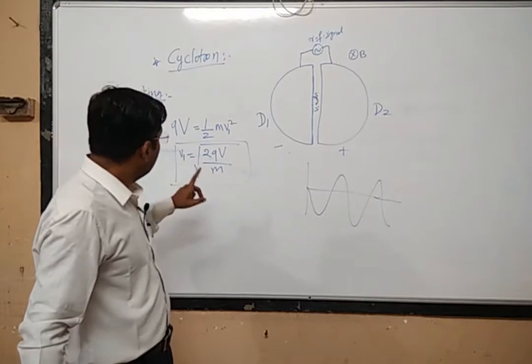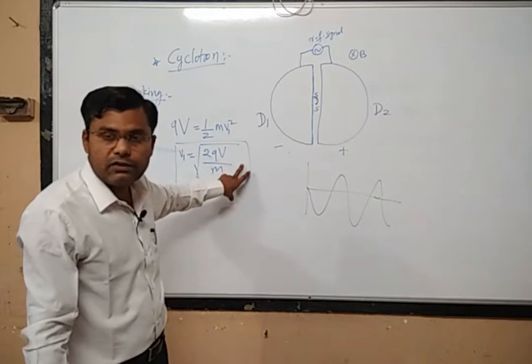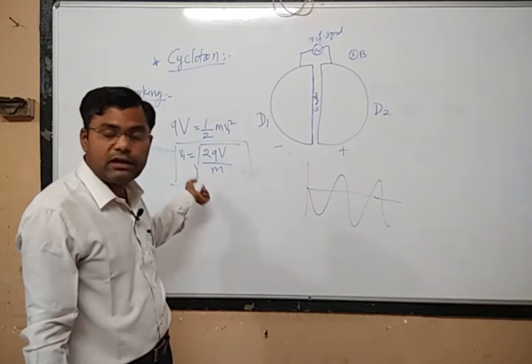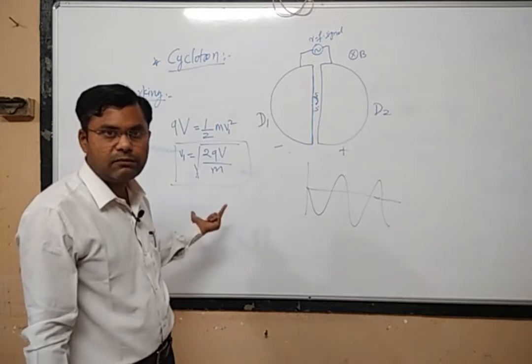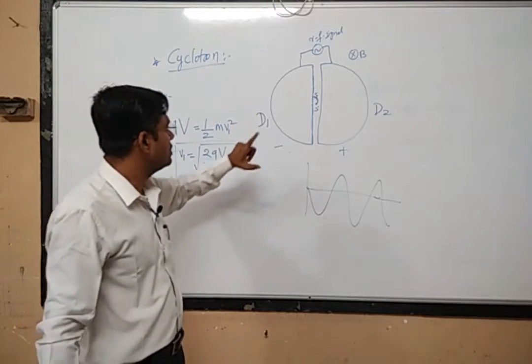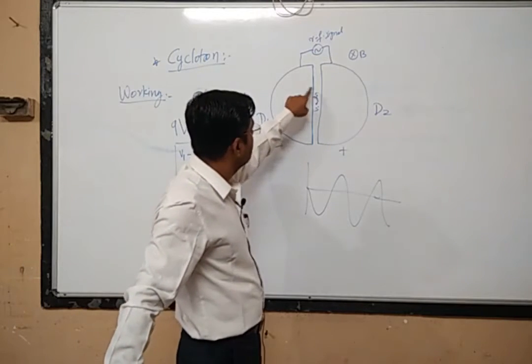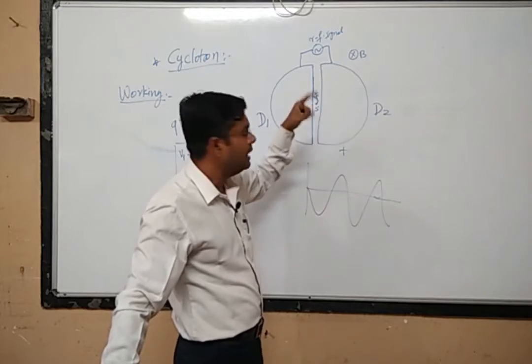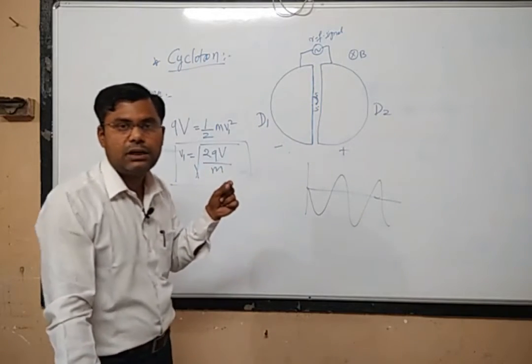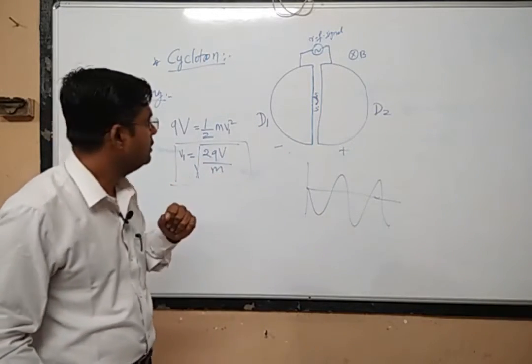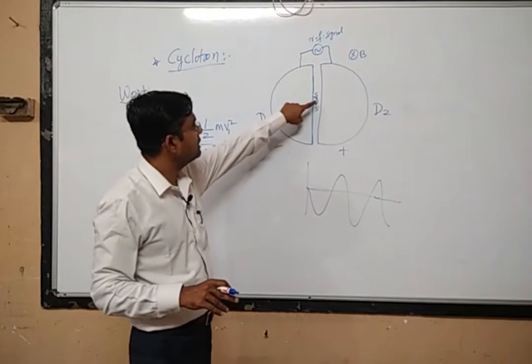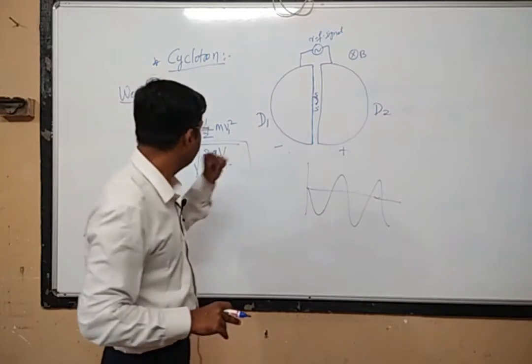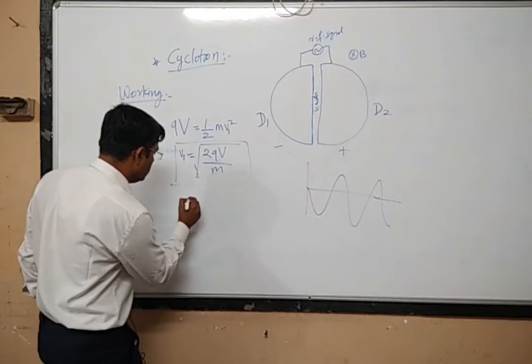Now this is about the electric field. This particular velocity will be acquired by the charged particle because of the electric field. But after acquiring this velocity, the charged particle is also moving under the action of the magnetic field, and under the action of the magnetic field, the charged particle will follow a circular path. So if I want to find out the radius of this circular path, how do I find it?